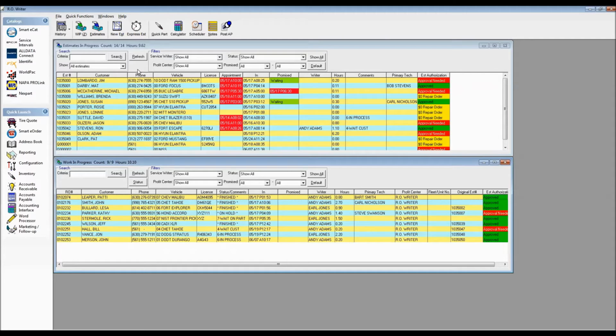Notice that button does not appear over here in the Estimates in Progress window, but as I'm looking through my work in progress of my 9 transactions, I've got 4 of them that are finished. One's on hold, one we're waiting on parts, one we're waiting on the customer, and then 2 more where it's in process. So if all of a sudden we had finished up this last transaction, if I highlight it,